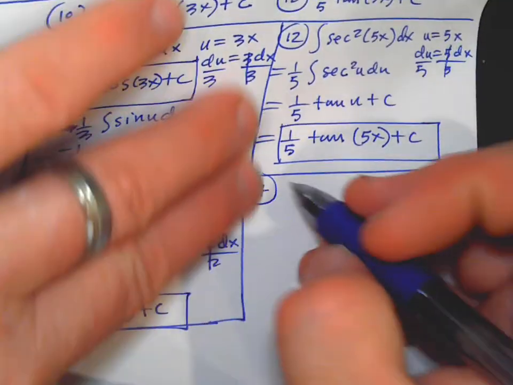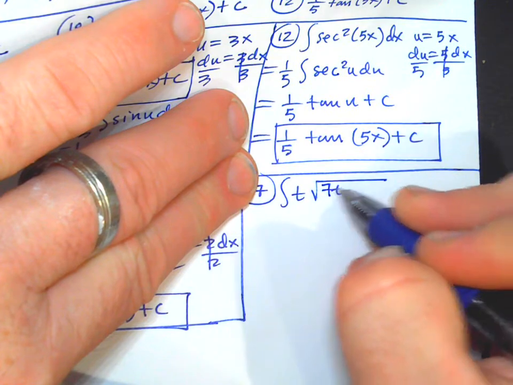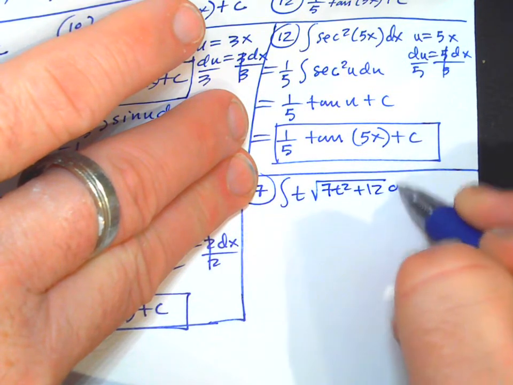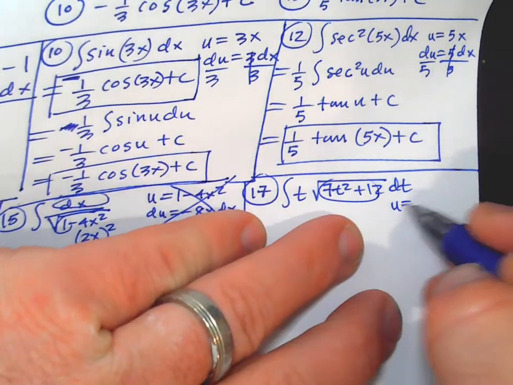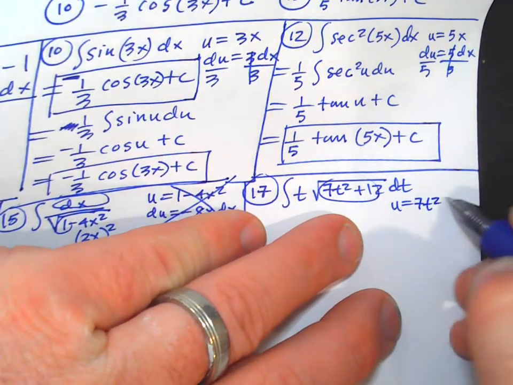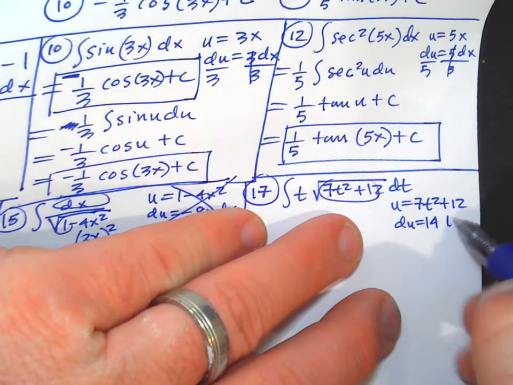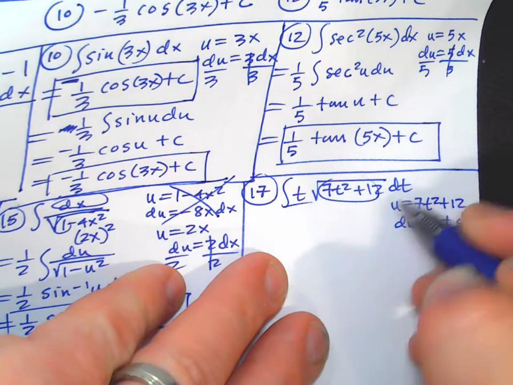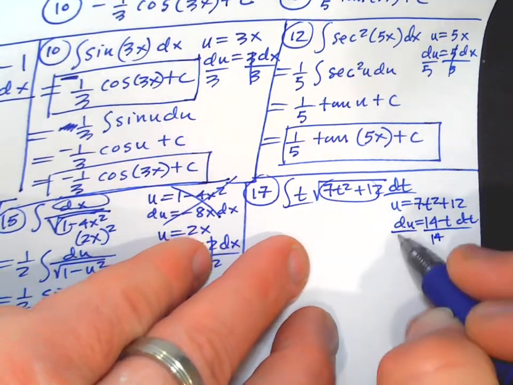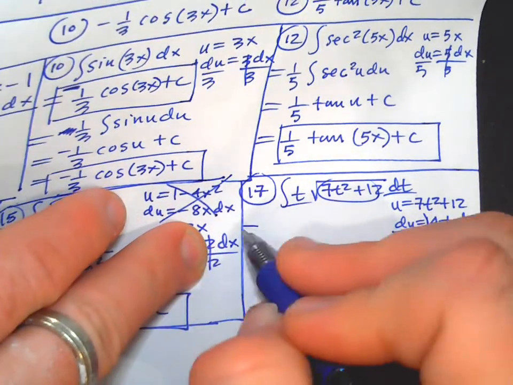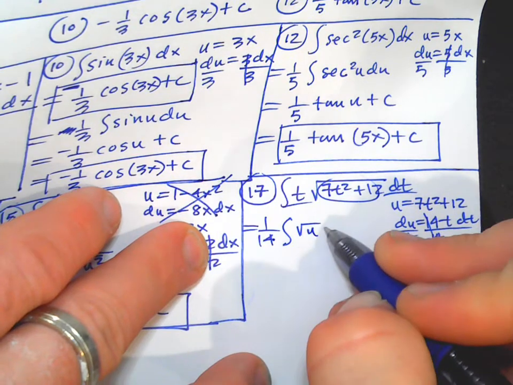17. It's going to be the integral of t times the square root of 7t squared plus 12 dt. Probably making the inside your u is a good call. 7t squared plus 12, the whole inside. du equals 14t dt. That's going to work. I want a t dt. Don't want the 14. It's an easy fix. Get a 1/14 in front of square root of u du,